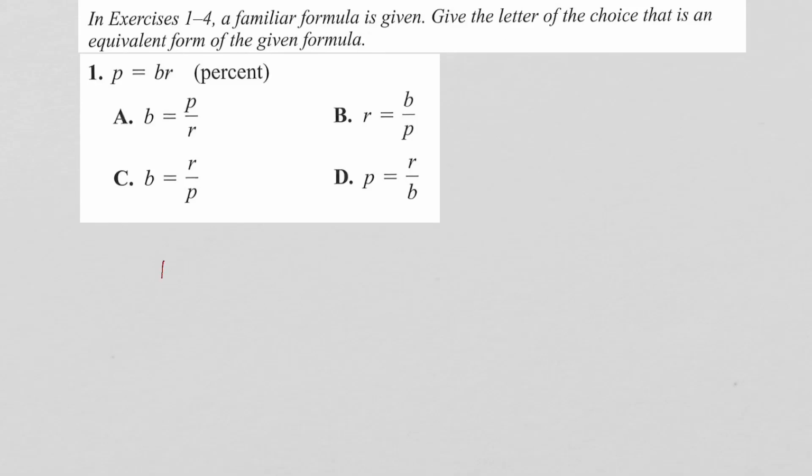Okay, if you started with P is equal to BR and you solve for B by dividing each side by R, you would get B is equal to P over R, and that's A. If you started with P is equal to BR and you solve for R, you'd divide each side by B and you'd get R is equal to P over B, and that's